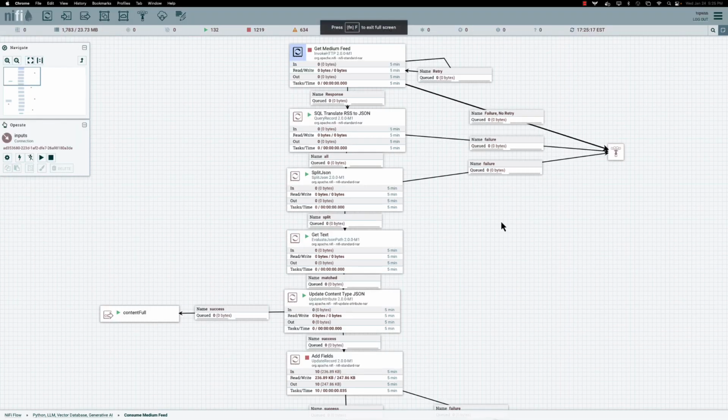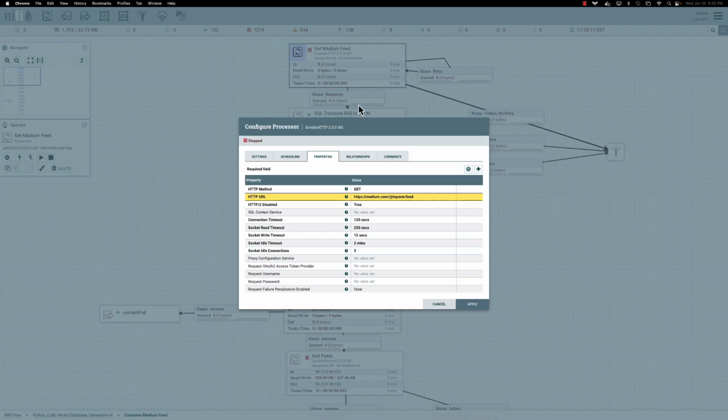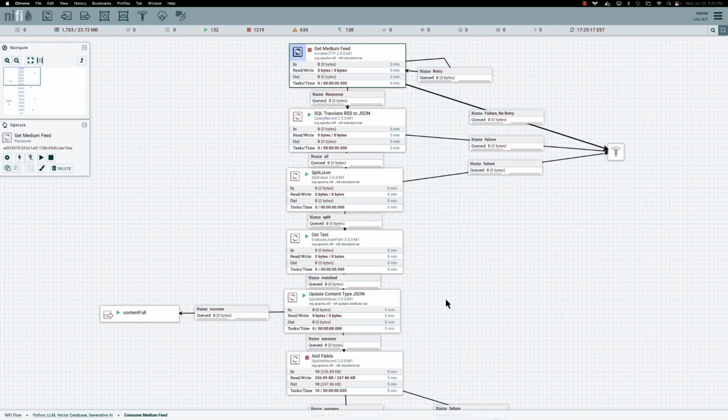So in this use case, I want to grab all of my recent Medium articles, and I'll do that by calling the REST interface on my Medium blog with feed. Now we can create a whole list of them. Say there's hundreds of them that you want, and we could store that list in a cache, in a database,